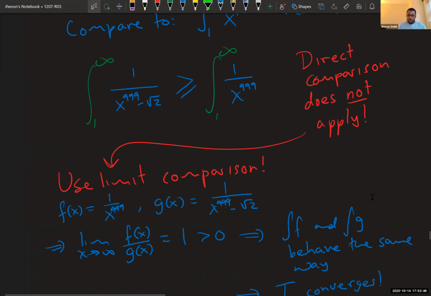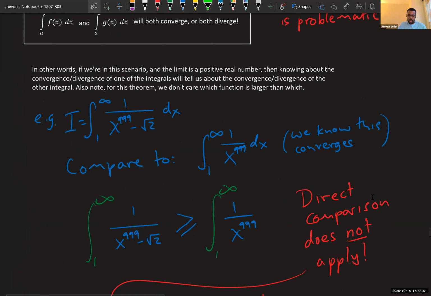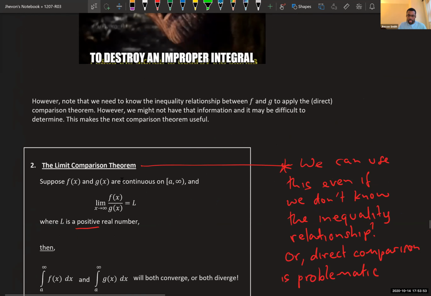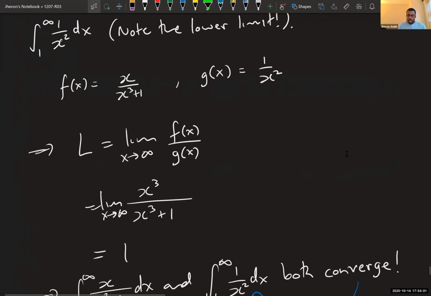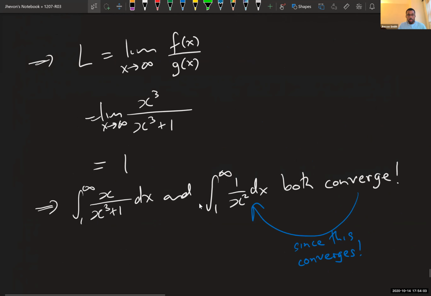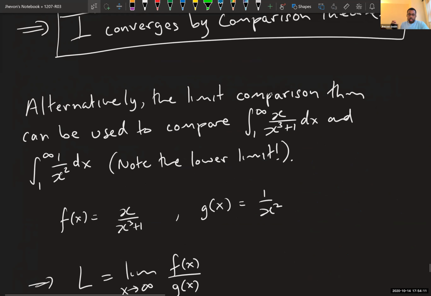And you'd have to be aware of the fact that I'm using the lower limit, because one thing in the limit comparison theorem, the only restriction is that you're continuous on the interval, right? So that is an issue, okay? That's why the limit comparison theorem wouldn't apply if I had the 0 on the denominator, because this function is not continuous at 0. So it's very important that you remember that. Notice the lower limit, because we need to be continuous.